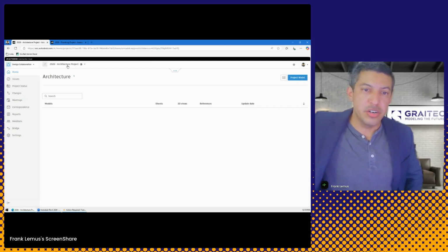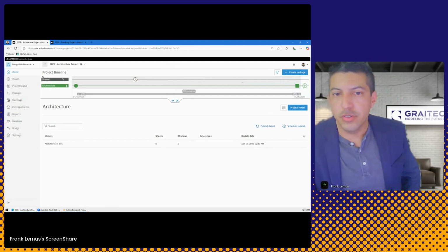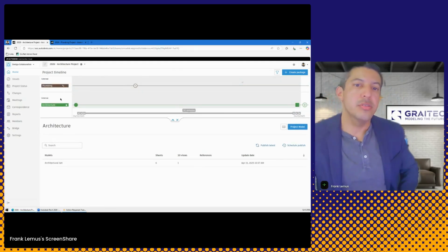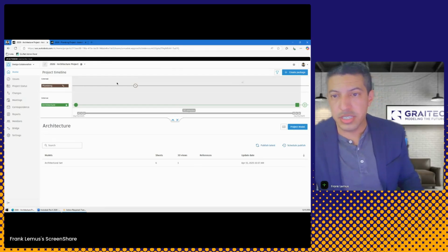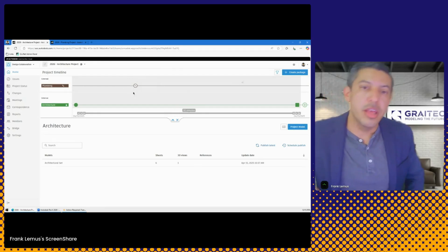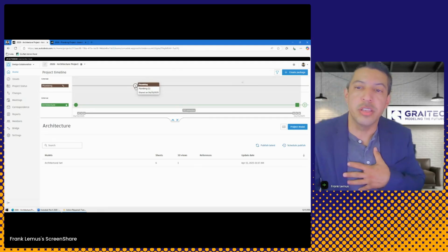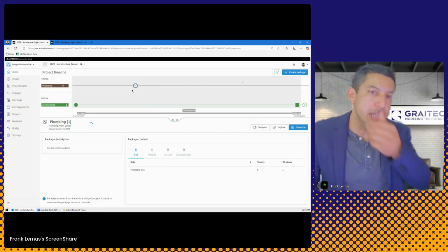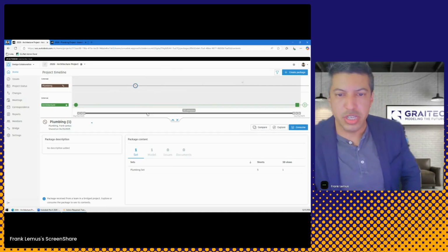Keep in mind, they have shared their packaged files with us, or with the architecture side. So if I come over here, I will see external and I will see internal. It is Autodesk's way of letting you know that this plumbing team is coming from outside of you. Okay, and you can see that the plumbing team already has a packaged file that's ready for us to consume on our side. So I can click on this. I can do everything I normally can already from within the design collaboration module. So I can compare, I can consume. I'm not going to do those things, but I could do those things